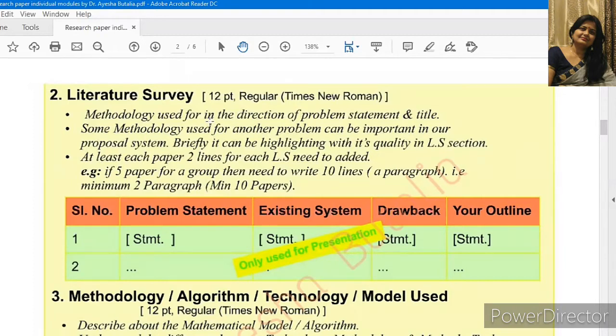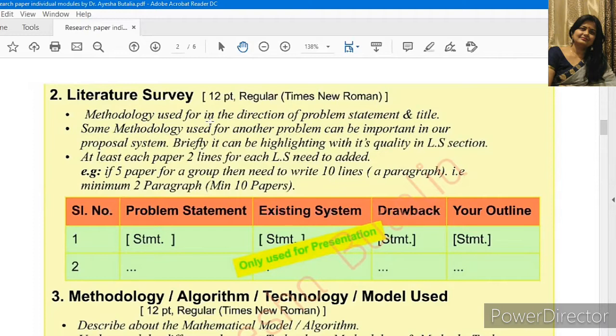To be very simple, take whatever problem statement you have decided, for example, a facial emotion recognition system. You need to recognize emotions through facial expressions, right? So you would see what algorithms people have used to identify this problem and how they have solved it, if this problem was done earlier by other researchers.